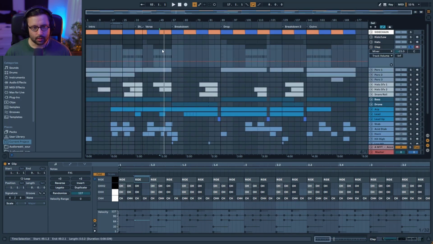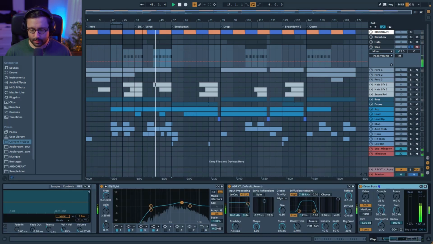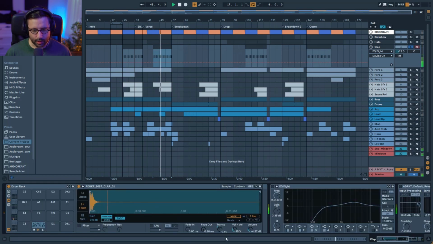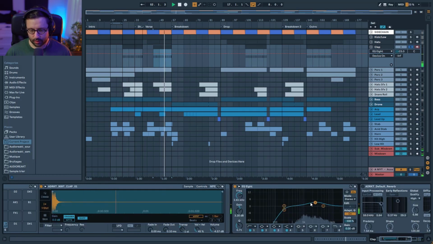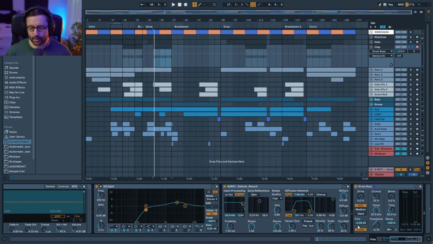Then you have the clap. So the clap sounds like this. It's a classic 909 clap. There is not much process. I pitch it down 1 semitone. Just boost here a little. Cut under 200 Hz since I didn't really need it. Bit of reverb. And then Drum Bus, compress a little bit, but mainly I add a bit of crunch, which is going to add some harmonics and make it a bit